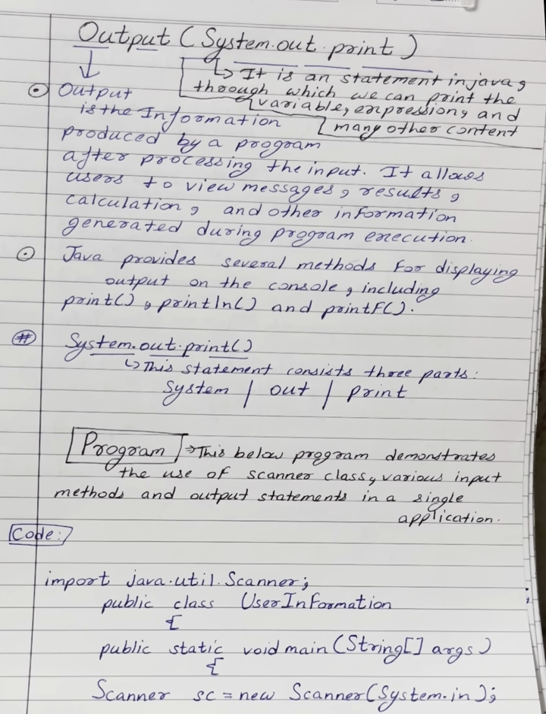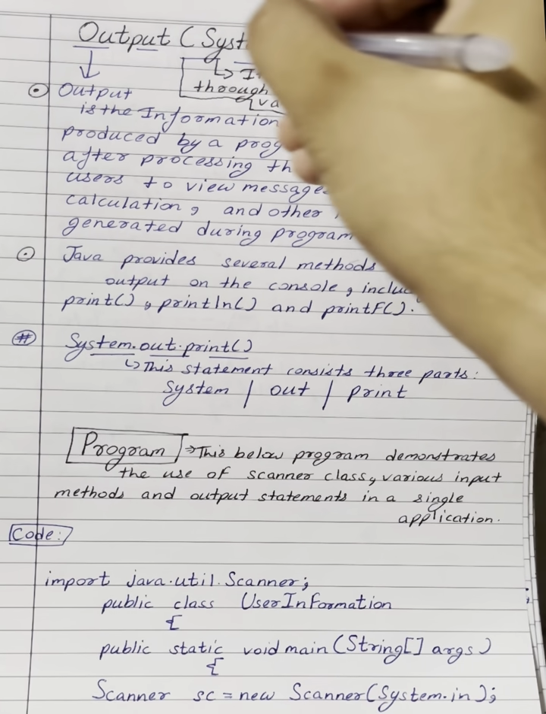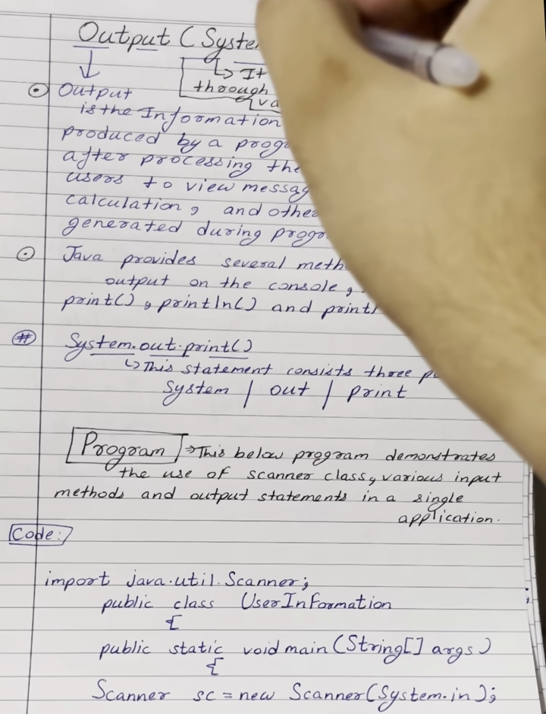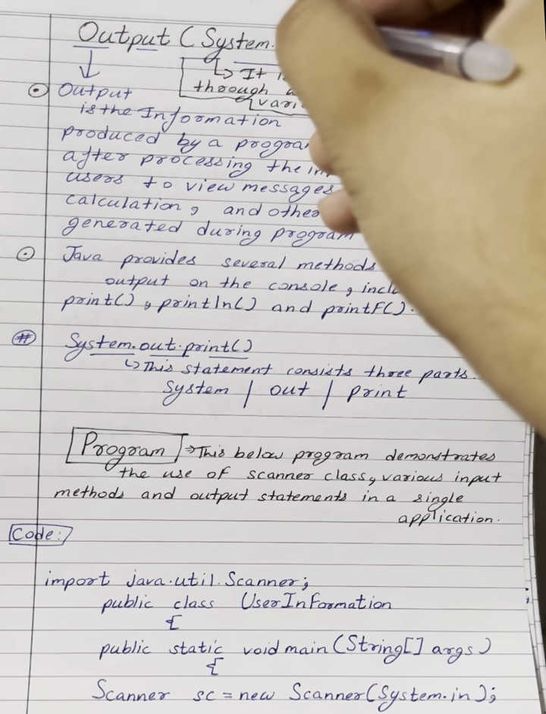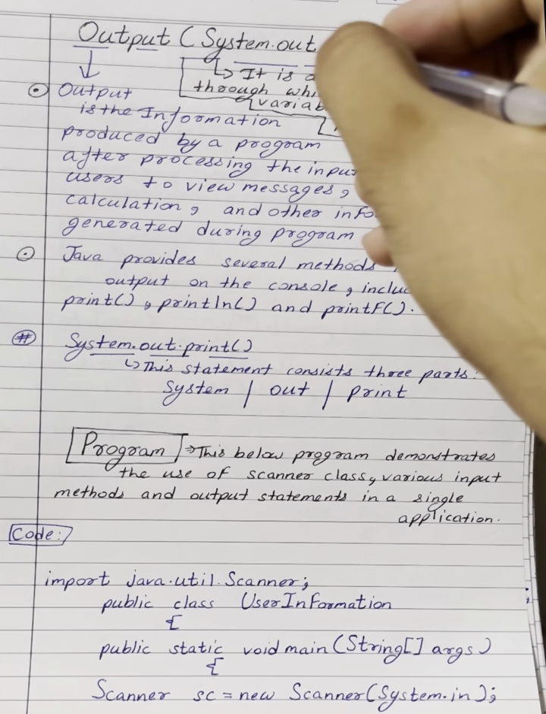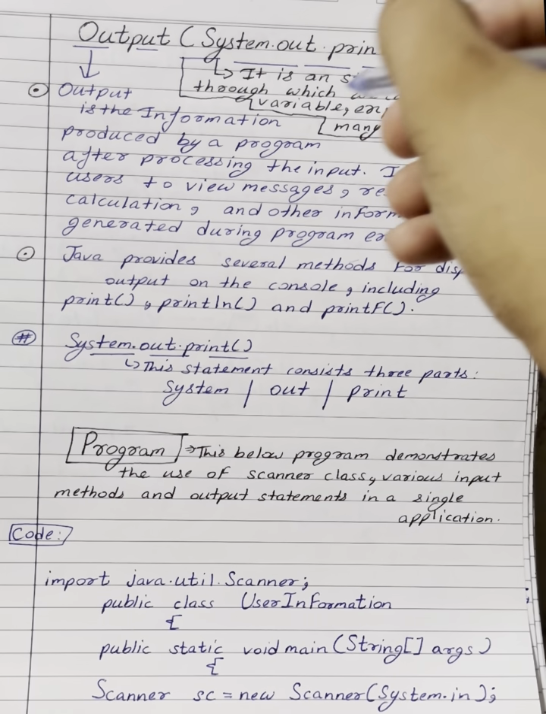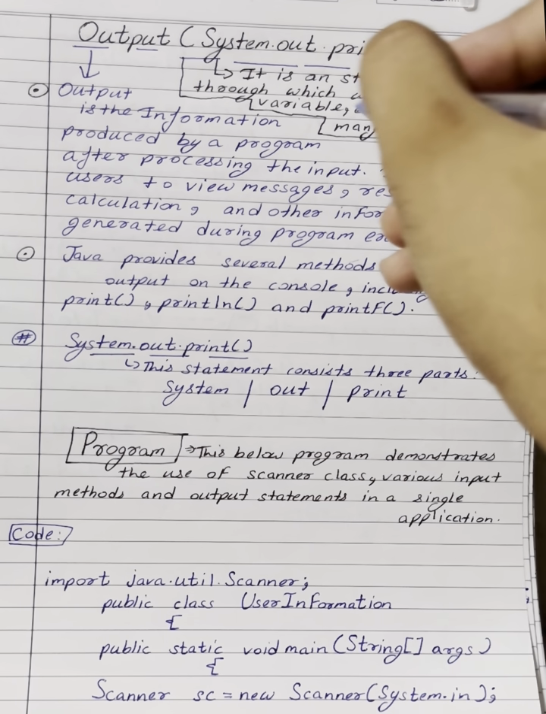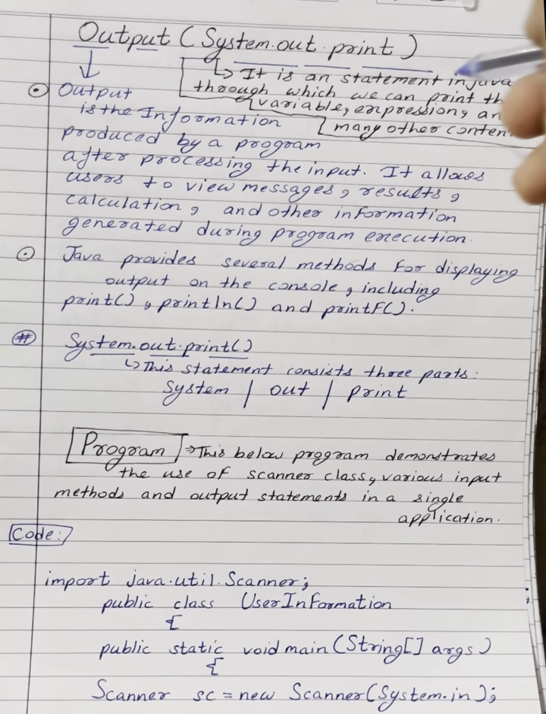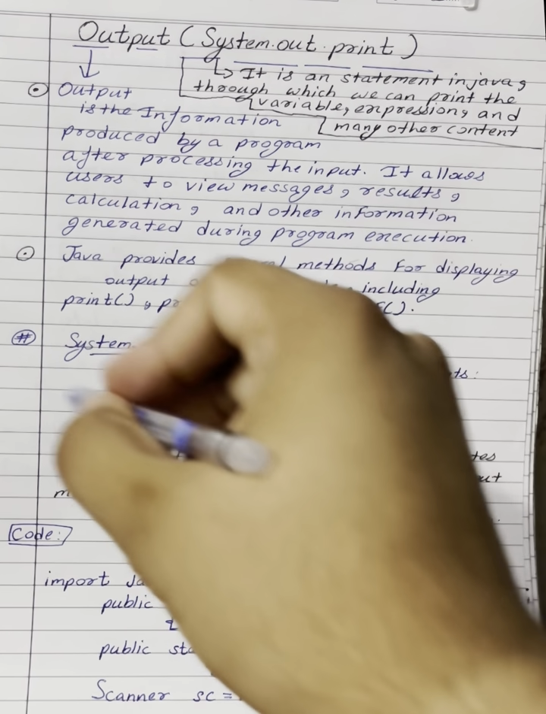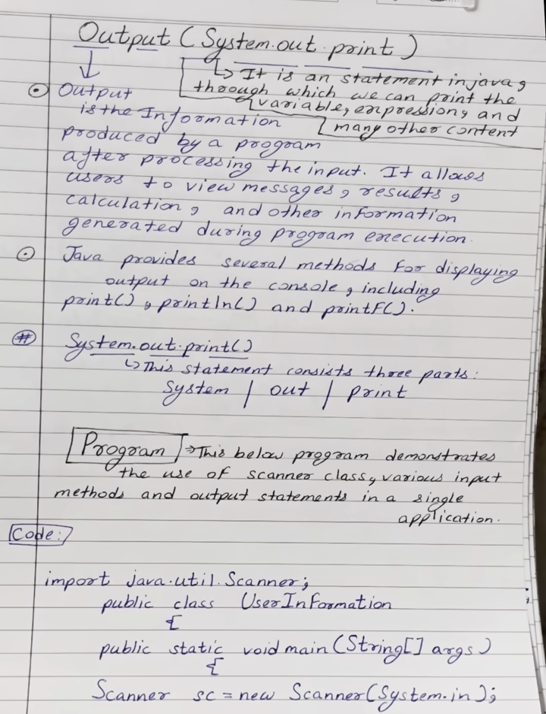In this, you have to understand this statement also. This is a statement in Java through which we can print variable names, expressions, and many other content. We are already using it in our programs. Now let's understand this statement in parts. So in this,